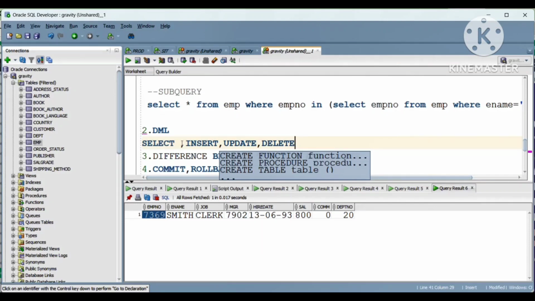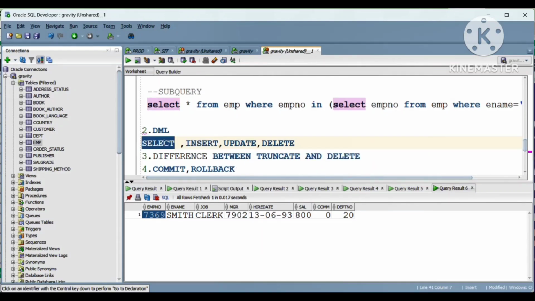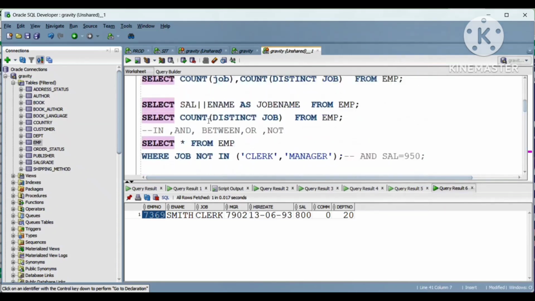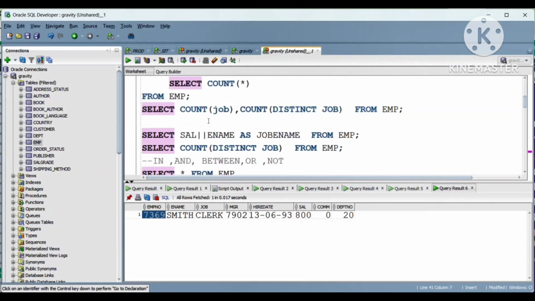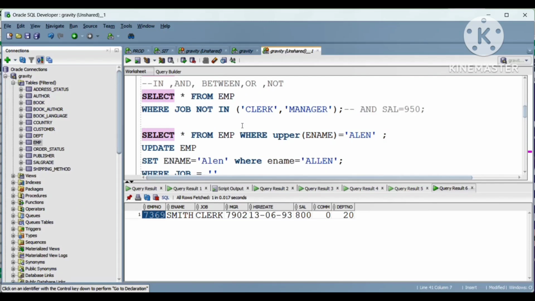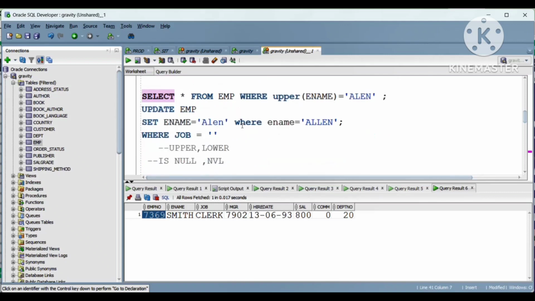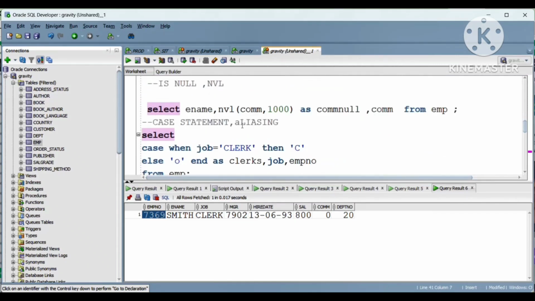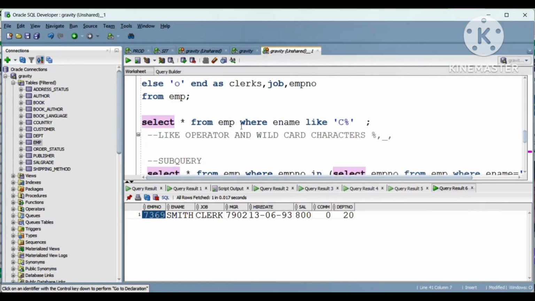Okay, select statement, just now I have explained some of the basic queries and some of the special operators and how we can use them in the where condition, how we can concatenate, how we can use the null values, how we can query the null values, how we can modify the null values with some other values in the display, how we can alias, everything I have explained, the basic SQL queries. Okay,